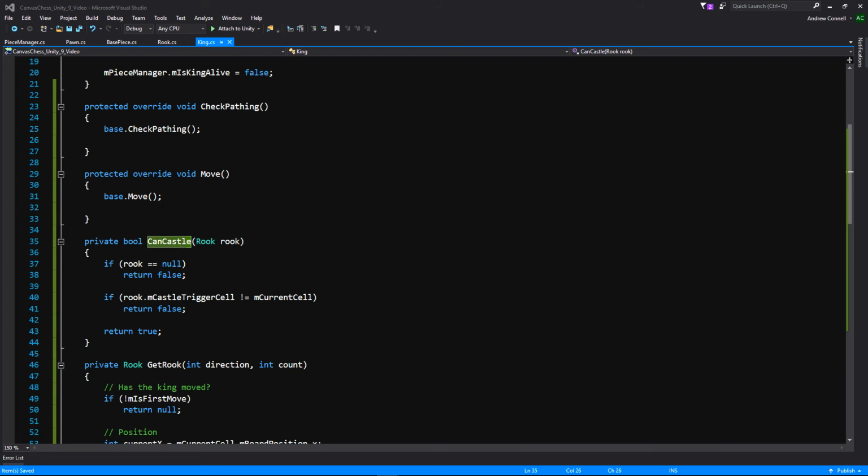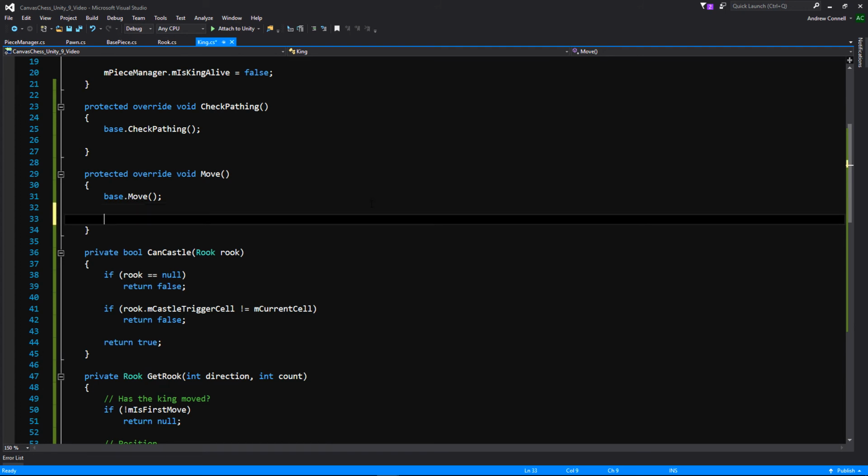All right, so we're almost done. We just have to finish out these two overriding functions, and we're done. So I guess the question is, are we going to abandon? Yeah, no, let's continue. We're not going to abandon our downward up progression. So we're going to be calling can castle, where we're going to be passing in a rook. But before we do that,